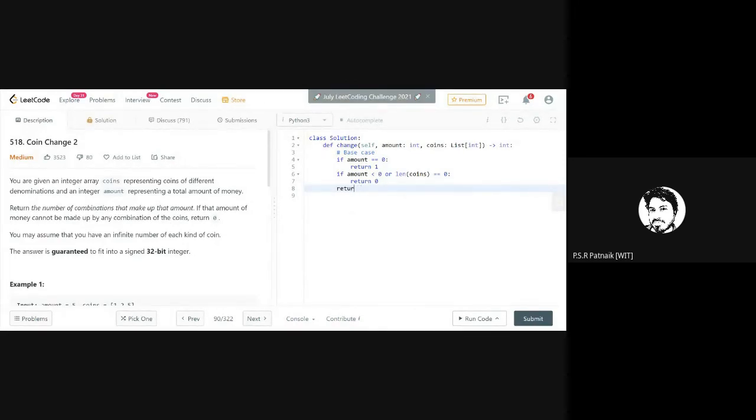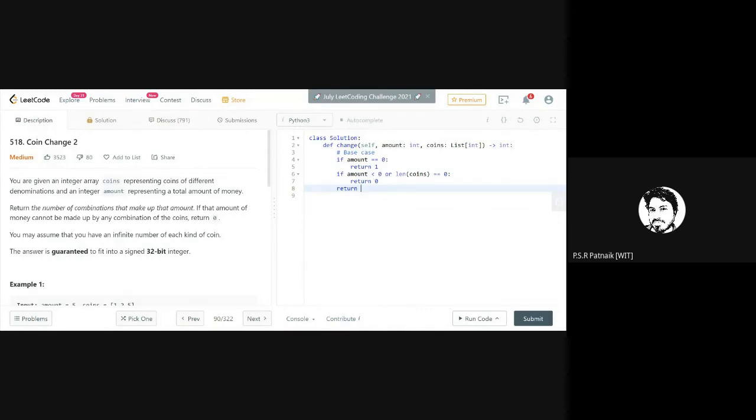Technically, I need to make 2 recursive calls: one by using the coin and one by excluding the coin. If I use that coin, it means I have to subtract that amount from the amount. If I decide not to use any coin, then pass the amount as it is and all the available coins.